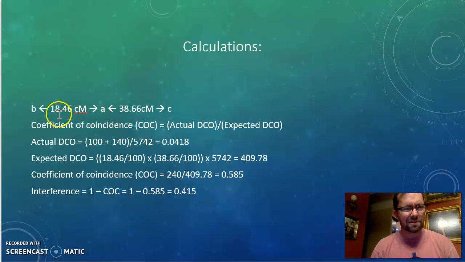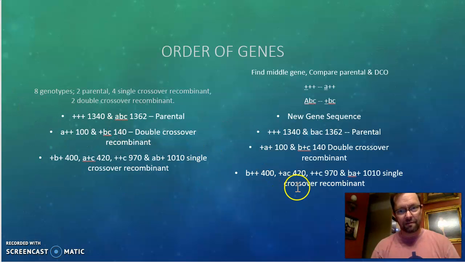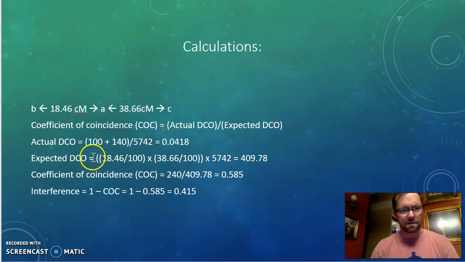I think it's 52.16 from B to C. To calculate the coefficient of coincidence, or the COC, we take the actual double crossover over the expected double crossover. The actual, we just get from here, and then plug in here over the total number of progeny,